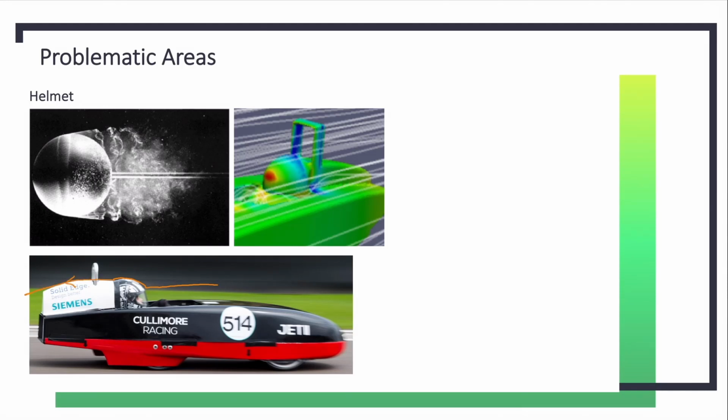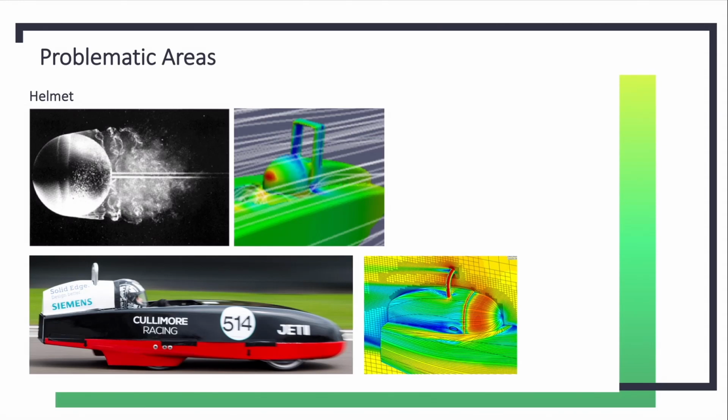That's why you see quite a lot of these fairings on these scratch build cars. Now, depending on how close the head of your driver is to your roll bar, you may or may not need this central region. And we can see the benefit of this fairing in CFD. So if we have a look at this image on the right,